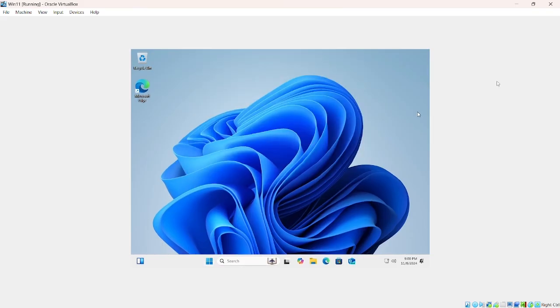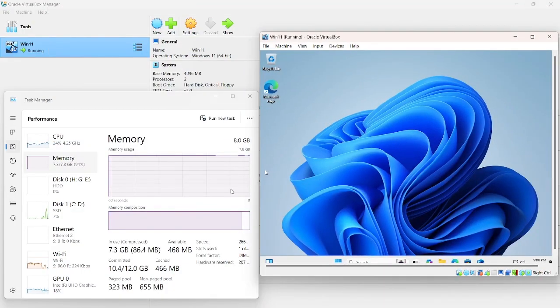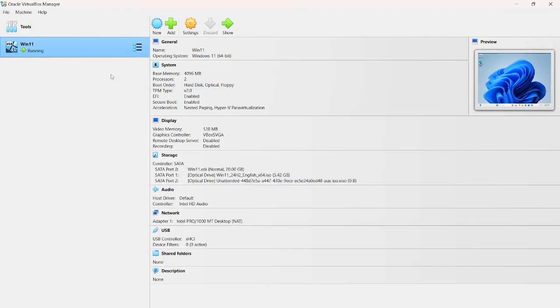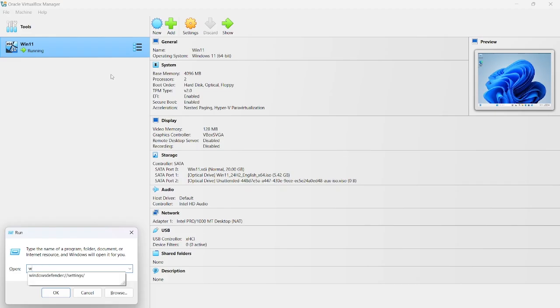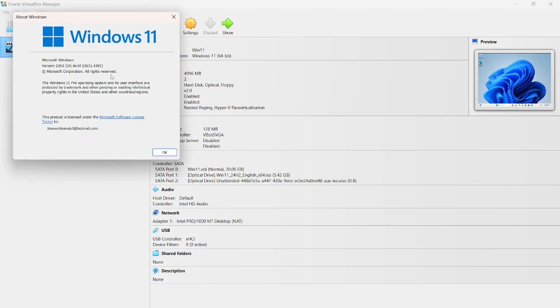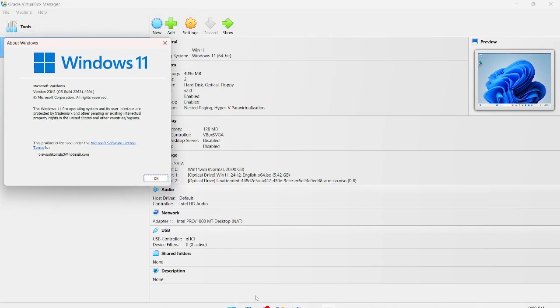This is the OS within our OS. Right now in my main OS, the build is 23H2. In the VirtualBox,